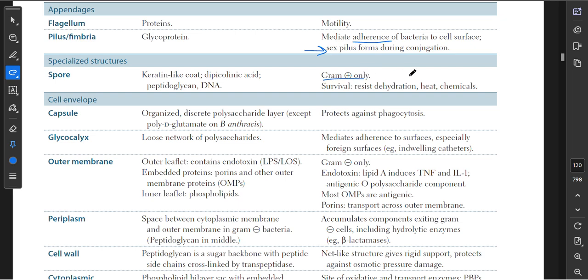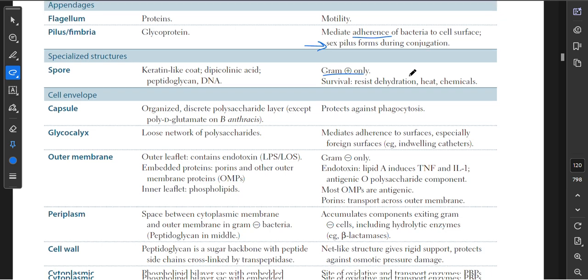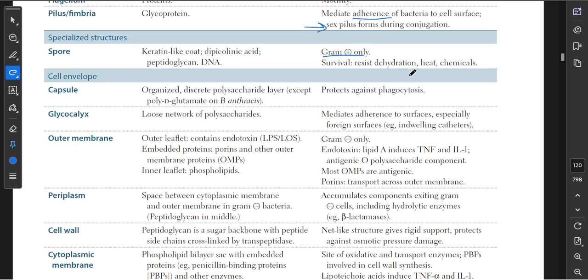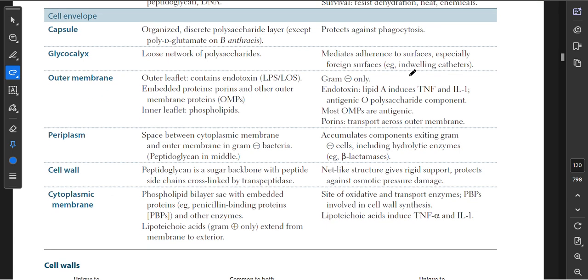और इस spores को अपने survival के लिए resistance चाहिए होती है. Some level of resistance is required. तो ये जो spores होते हैं they are resistant to dehydration, heat and chemicals. किसी भी किस्म के chemical का, बहुत ज़्यादा heat exposure का या किसी भी किस्म की पानी की कमी का इन पर कोई असर नहीं होता. ठीक है. ये डोरमेंट रहते हैं और फिर जब फेवरेबल कंडीशंस आती हैं तो फिर से ये कॉलोनीज बनाने लग जाते हैं बैक्टीरियाज की. Now there are a lot of structures which are involved under the heading of cell